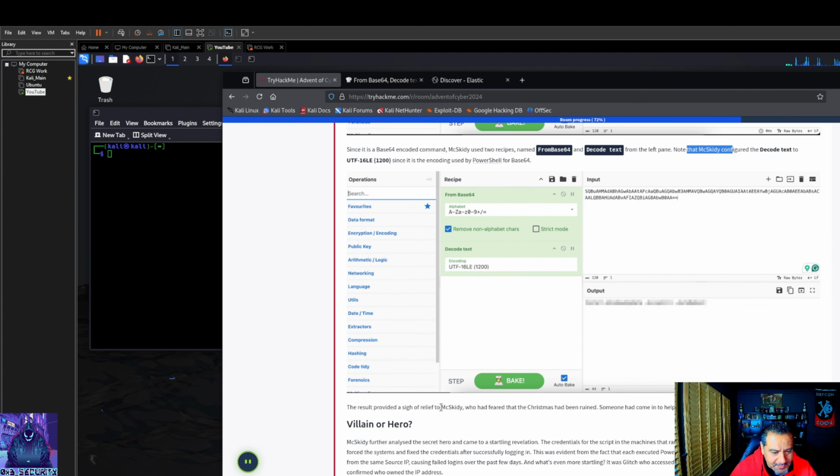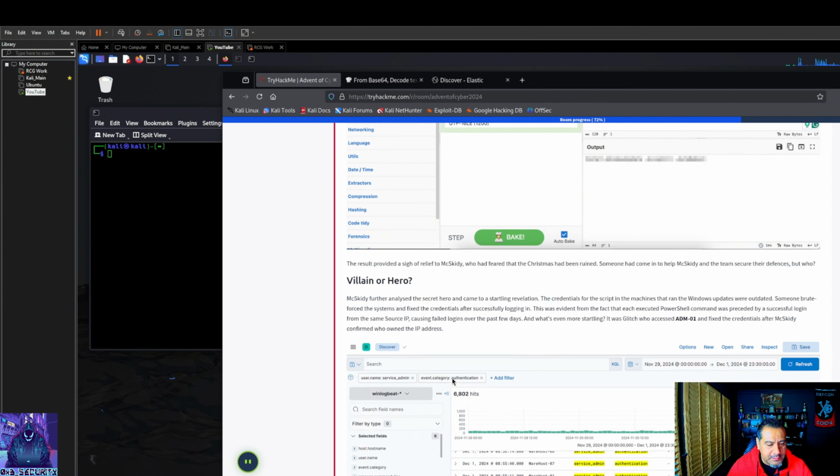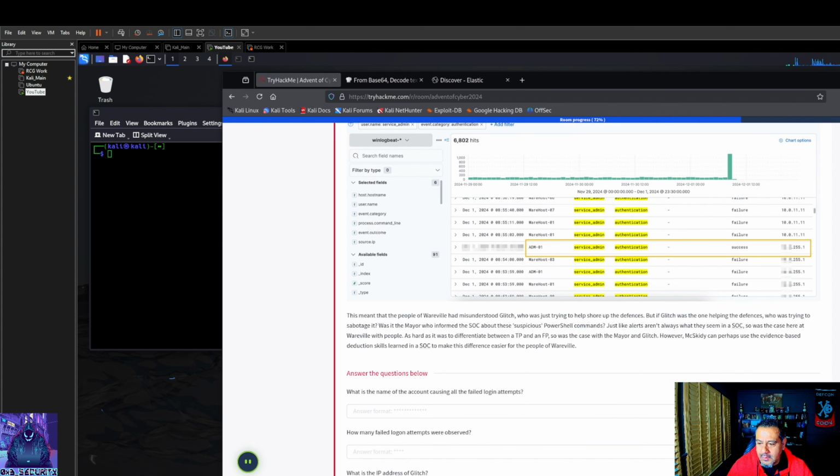So the result provided a sigh of relief to McSkitty, who had feared that Christmas had been ruined. Someone had come in to help McSkitty and the team secure the defenses, but who? Villain or hero? This meant that the people of Warville had misunderstood Glitch, who was trying to help shore up the defenses.